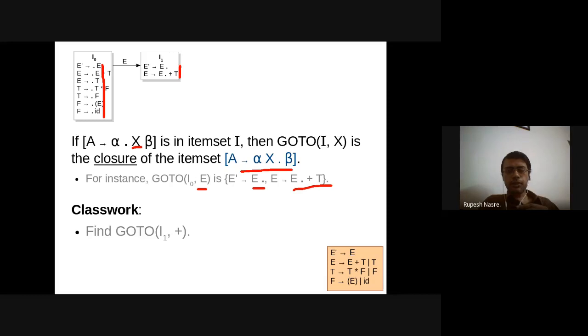Prahlad Reddy, what do you think will be the item set? E deriving E plus dot T, okay. Okay. Devika, any suggestions further?